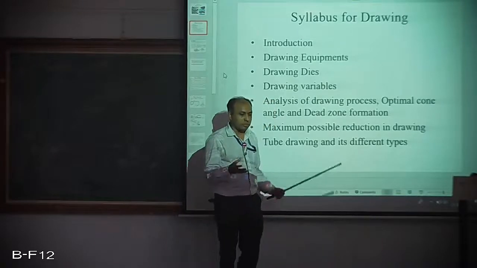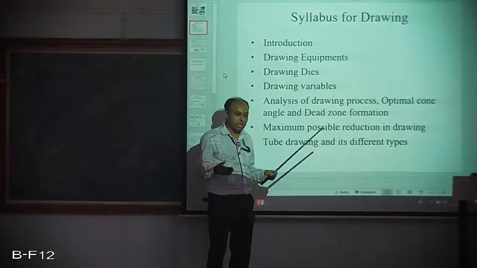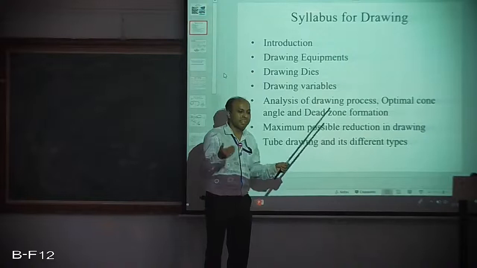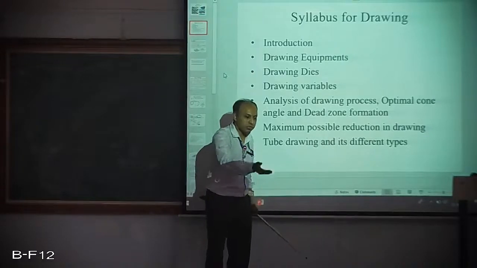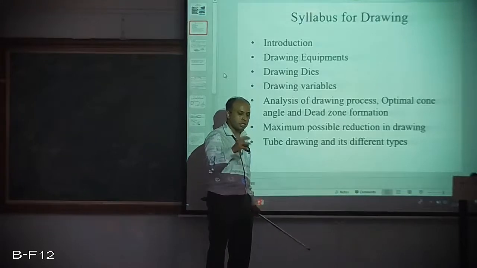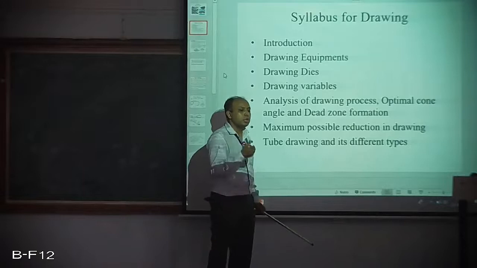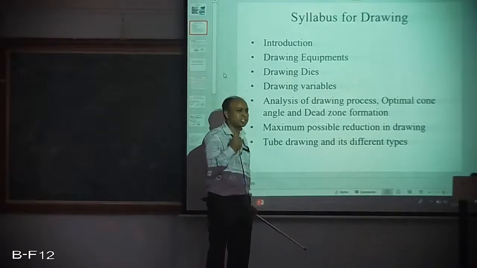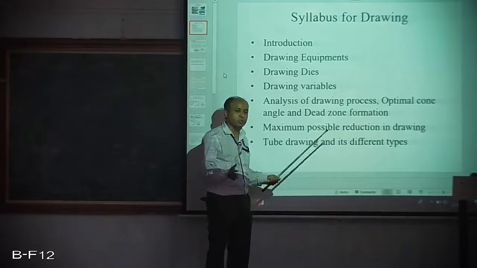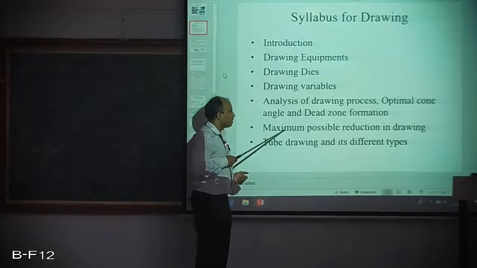So the ultimate objective is to go from 20 to 8 mm diameter. Can I do it in a single step? It's not possible. So what is the maximum that I can reduce so that the number of steps is reduced in getting to the destination diameter? From 20 to 8, how many steps do I need to involve over here? The maximum possible reduction, the better. But it is not possible. So what is the maximum possible? That we'll try to understand.